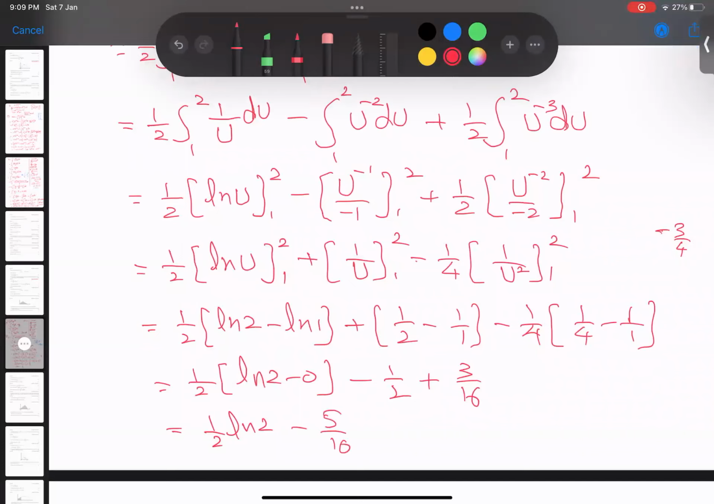Let me recheck once again. 8 twos are 16, 8. Yes, this is final, or you can take LCM, where LCM is 16. So you can bring 1 by 16 out like this. So 8 ln 2 minus 5. So both forms are okay. You can write any one form. And I hope the concept is very, very